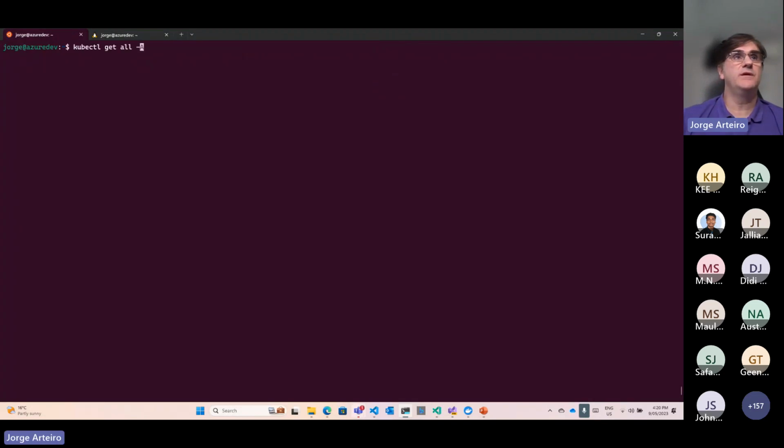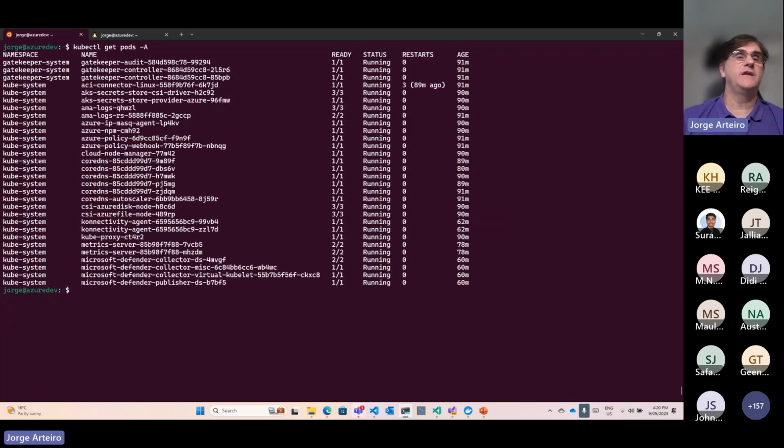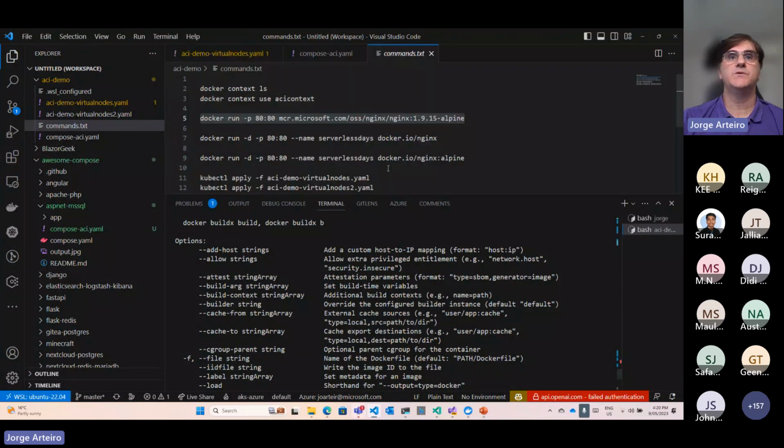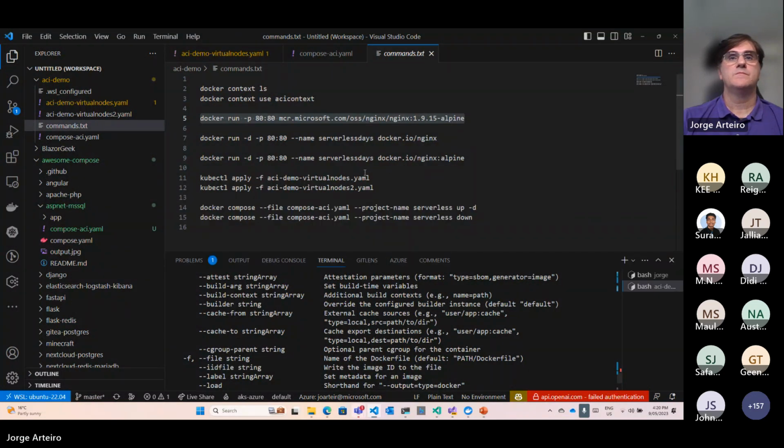A simple way to go is not look at everything, just look for the pods for all namespaces. And as you can see, I have kube-system and I have gatekeeper-system. If I want to run something here, I think I have something running that I can show. kubectl.